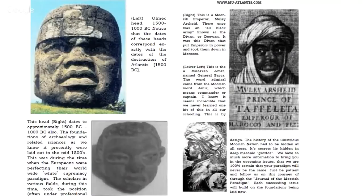So we know that the Ouachita are directly related to the Olmecs. Hence, when we say that the mound builders, the Ouachita, are the mound builders, those are the Olmecs. They have on part descent of the Olmecs. So the Olmecs, we know, date back 1500 to 1000 BC. All right. And as you see here, this is a good representation of how the Olmecs